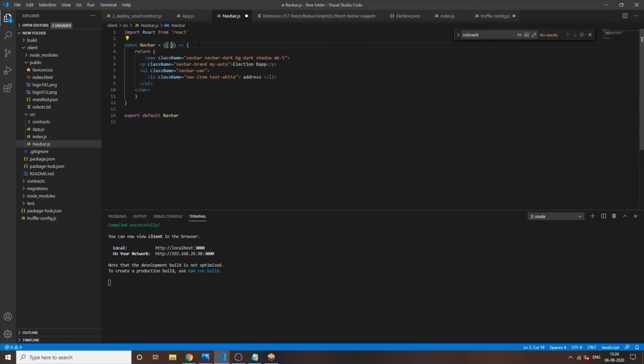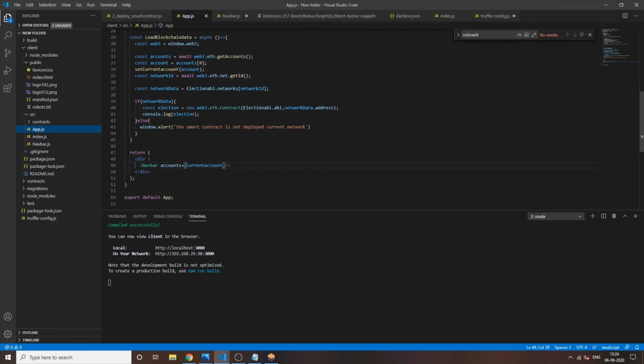So how can we get the address? Give it open parenthesis, and input the field that we are using there. We are using account, so let's give it as account.